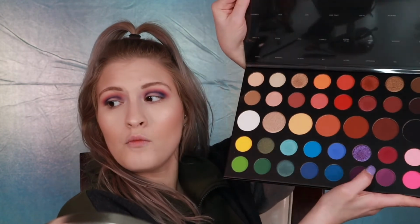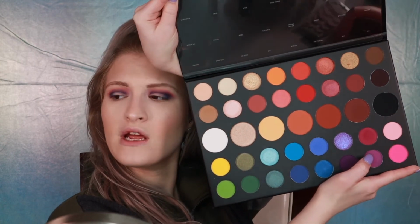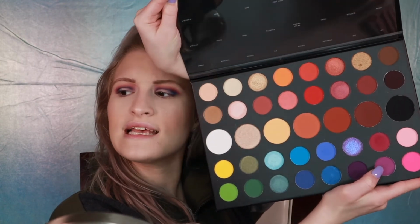I kind of want to add this purple to my eye. I don't know if it will look good with this though, but we will see. There's a purple shade in here called Artistry, and it's so pretty. When you look at it on camera, it's kind of like a duochrome. It's a bright purple, but it has some blue and silver reflex in it. It's really, really pretty, you guys. So I think I'm going to put that on the lid, and I'm going to take it on a BH